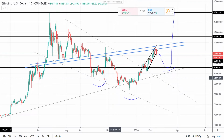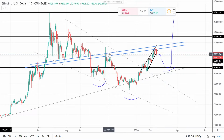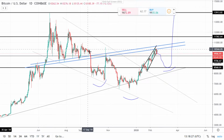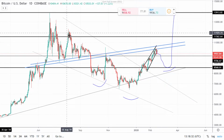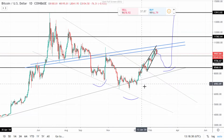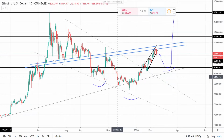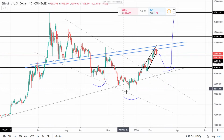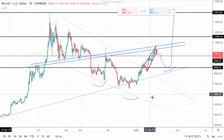I've said this so many times, as we were coming down here, even if you were buying longs here at 9.7 or 10 or 11, as time passes, those investments begin to look better and better and better. And especially here, when we're down in this accumulation zone, go watch my previous videos. I was emphasizing this whole time that this is the point where you want to accumulate and really start locking up positions because we're never going to see these prices again and we're getting ready to break out. And you know what? That's exactly what happened. And I'm telling you guys again,